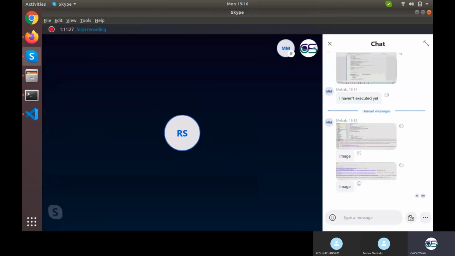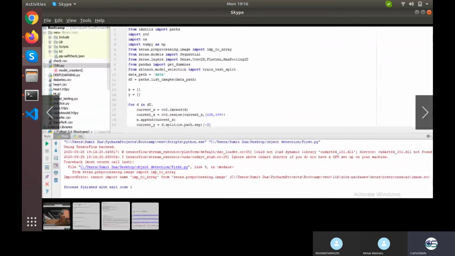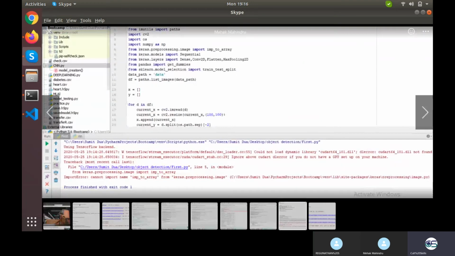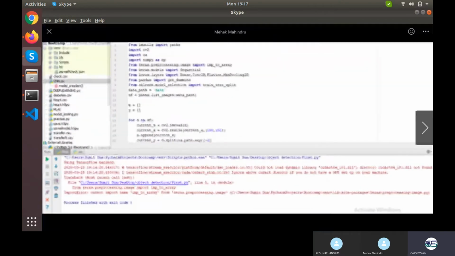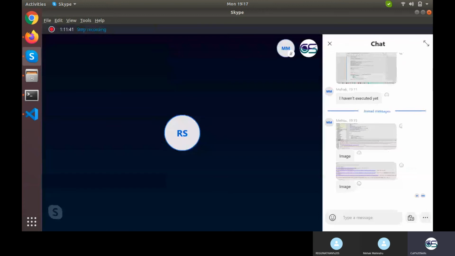Yeah, so you forgot to add comma 0 while writing cv2.imread. cv2.imread in brackets d comma 0, because what you want is black and white, not color. 3 channels means it's colored.